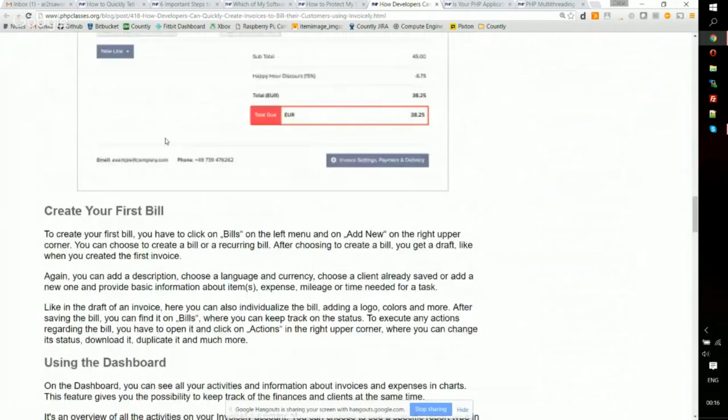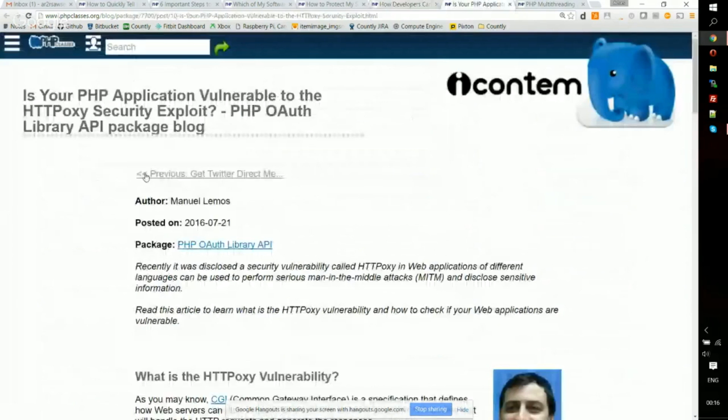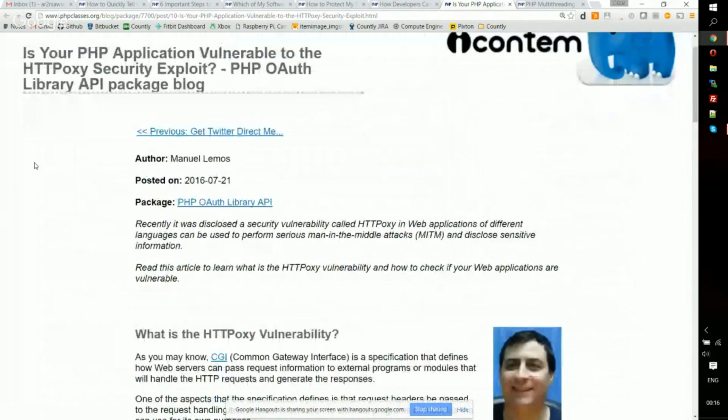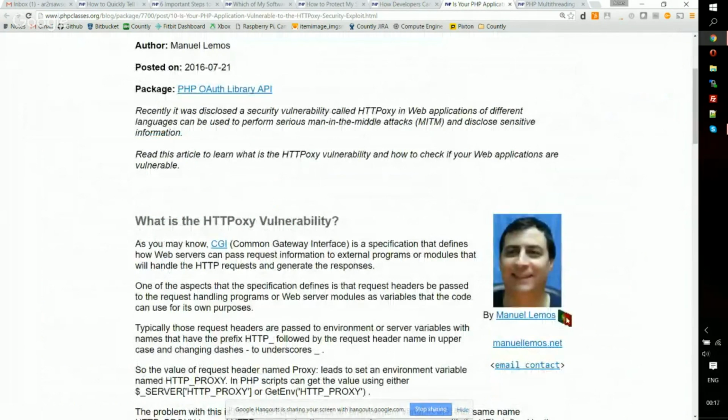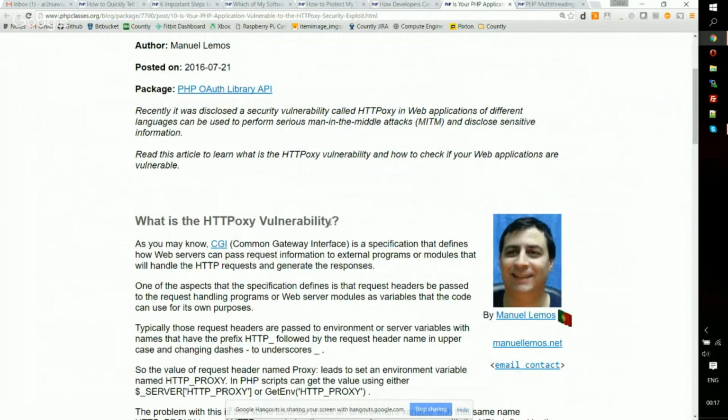Yeah. Okay, and the next article is: Is your PHP application vulnerable to HTTPoxy security exploits, by Manuel Lemos from Portugal. Who could that be? Yeah. We already actually discussed this in the main podcast, but here I can just mention that